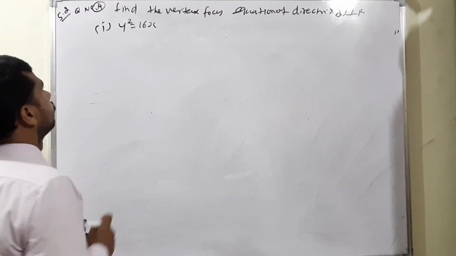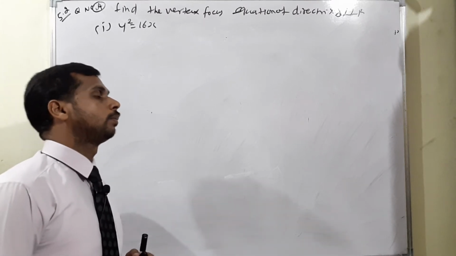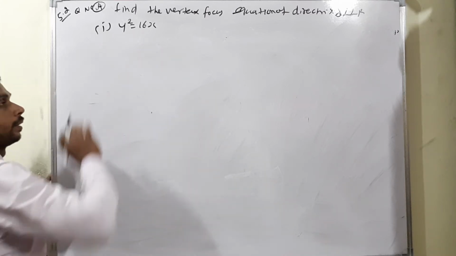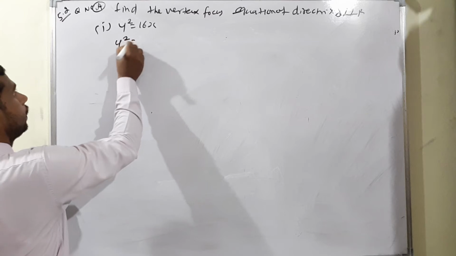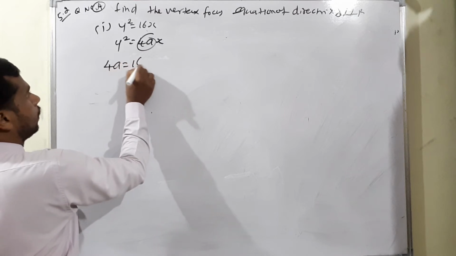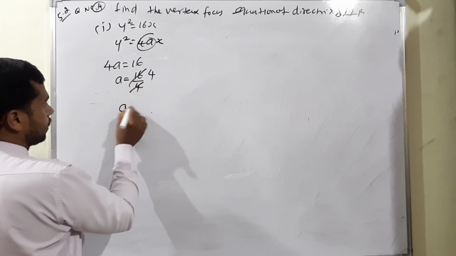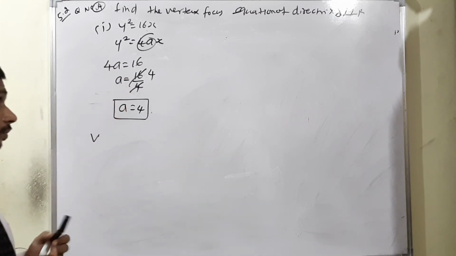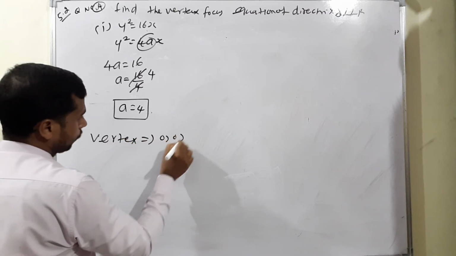So, question number 4: find the vertex, focus, equation of directrix and length of latus rectum of the following. One by one we have to discuss. Subdivision 1, this is actually a parabola type. Simply we can say this is a right side open parabola. Already we know right side open parabola means y square is equal to 4ax. So 4a is equal to 16, means a is equal to 16 by 4. Therefore a is equal to 4. After getting the a value, vertex means origin point. There is no different value. So simply we can say vertex is 0, 0, the first one.